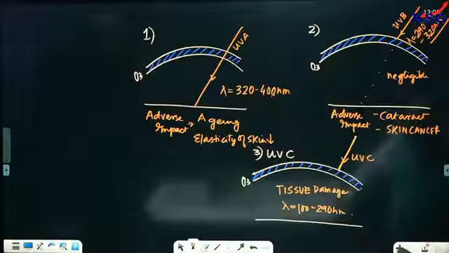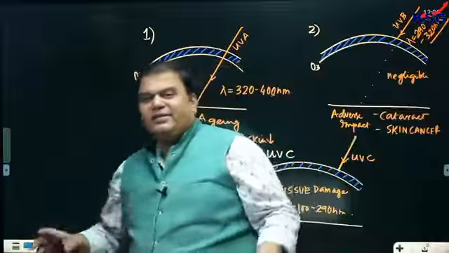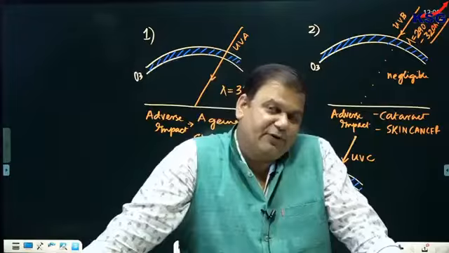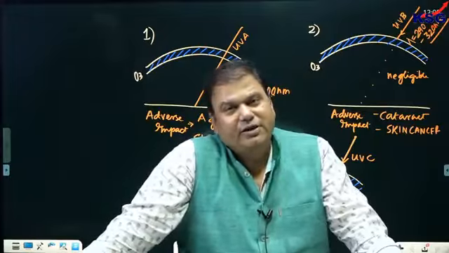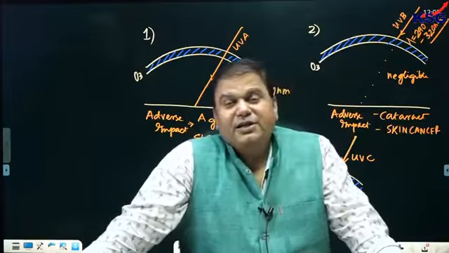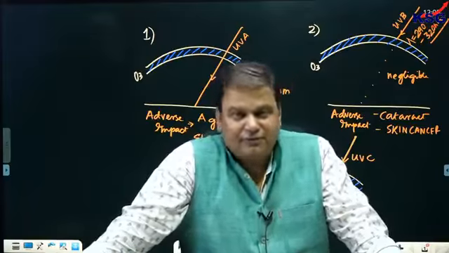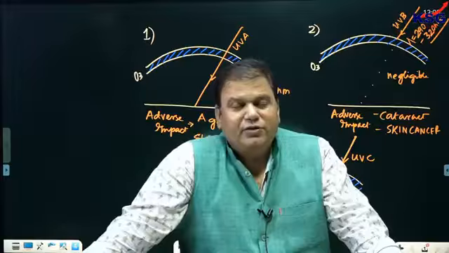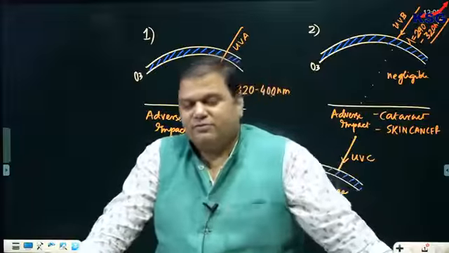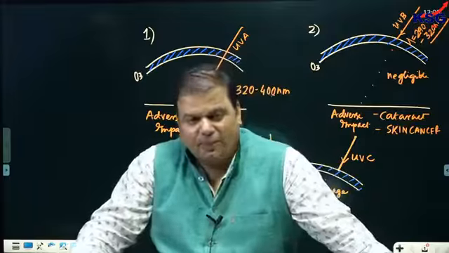Now the first thing is that when we say that ozone on account of its location can be both harmful and beneficial for mankind, one can say that when it is present in stratosphere, it is beneficial for us because it's responsible for filtering the harmful UV radiation, UVB, UVC, clear. But when it is present in troposphere, it is harmful for us. Why? Because in troposphere, it is acting as a pollutant.